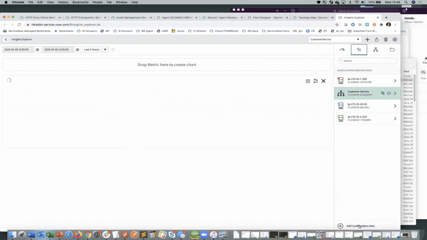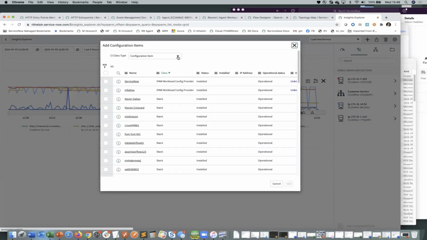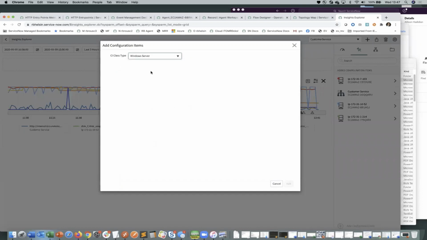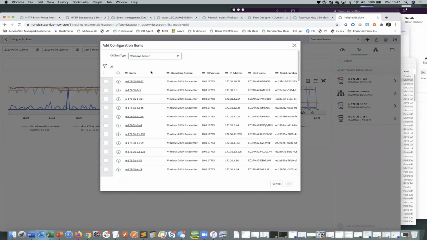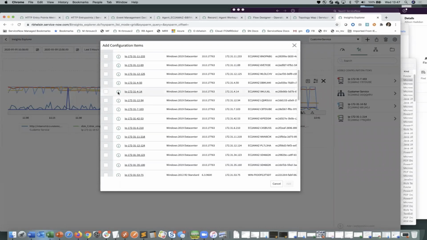So we can go down here and say just add a configuration item. And if that configuration item has metrics on it, we can add it to the Windows Explorer. So you can add anything, a Windows Server, Windows Service, Linux Server, anything you happen to want. Here's a list of all of my configuration items. So if any of these just happen to have,